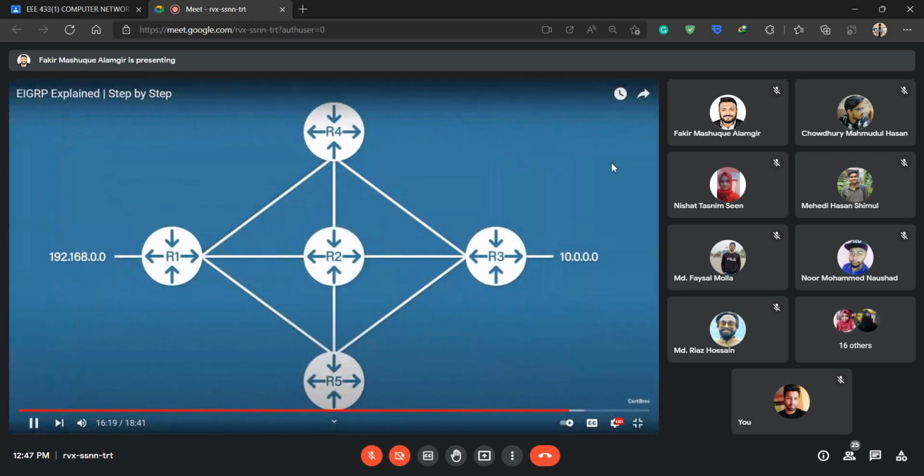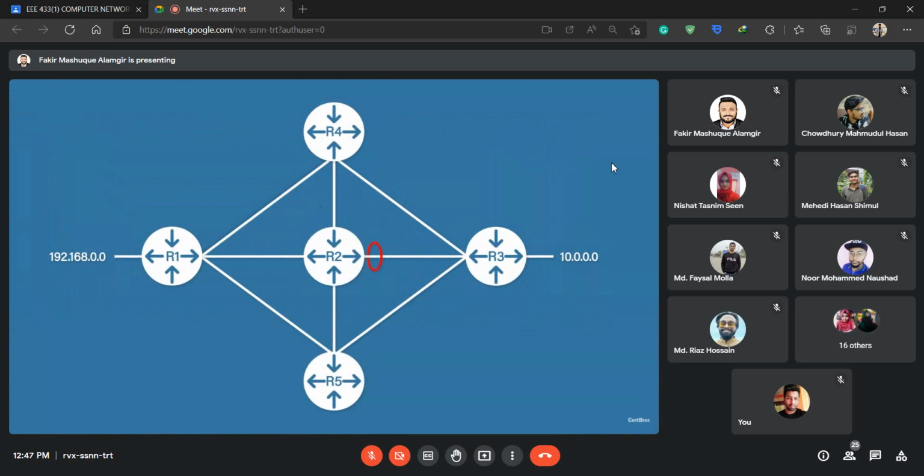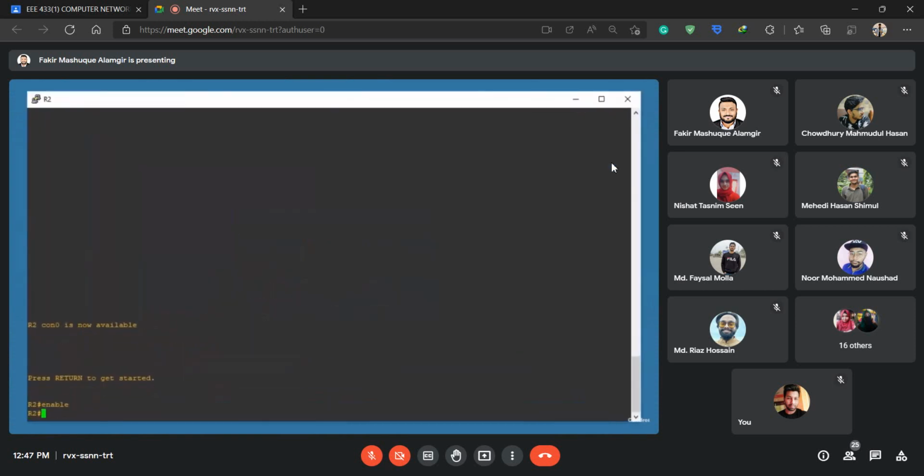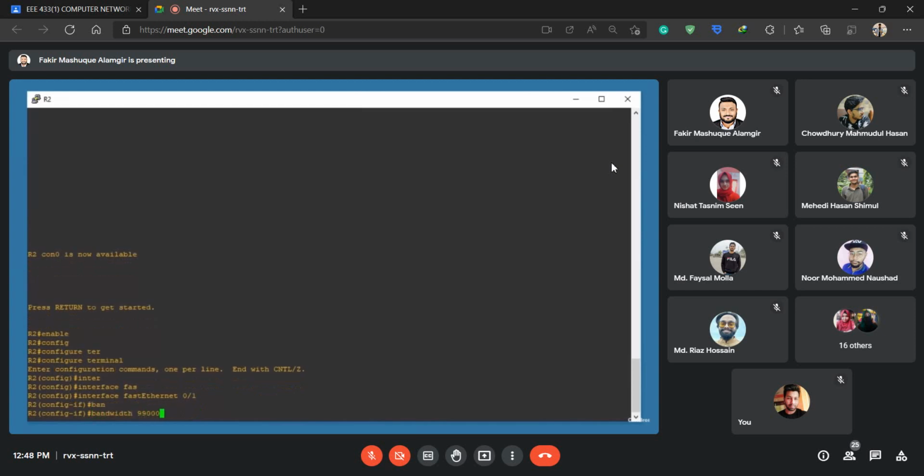To do this, we will open Router 2 and change the interface bandwidth. Enable, configure terminal, interface FastEthernet 0/1, and we will change the bandwidth from 100,000 kilobits per second to 99,000 kilobits per second by typing bandwidth 99000. Now, if we go back to Router 1